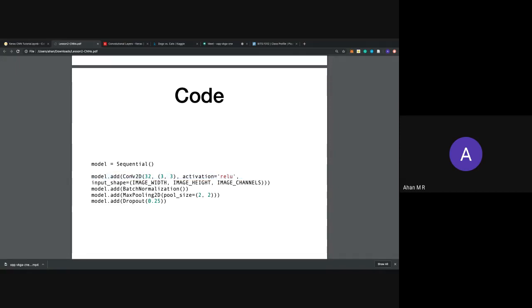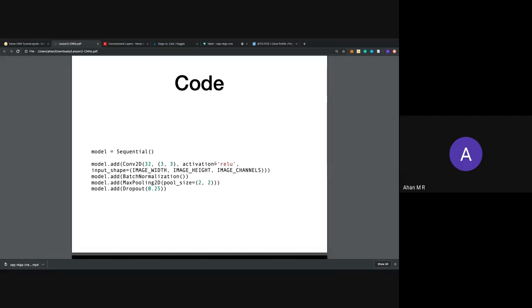You add a convolution layer of 32 filters having a 3x3 kernel, or 3x3 filter, which is moving on and performing the convolutions, with activation being ReLU, and input shape being, suppose for an image, 28x28x3. If you don't add the activation, or if you forget to add some values, there are default values which are taken. For example, the kernel is always 3x3 by default, and activation is ReLU. You're free to change it.